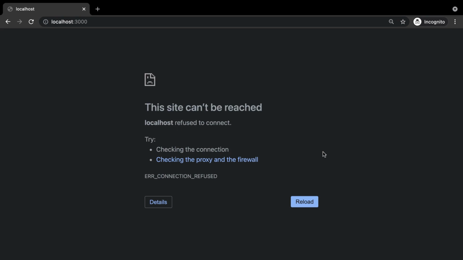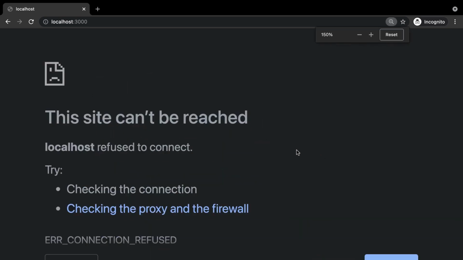So that's why the message cannot get / was actually a correct message. It told us that the server was running. If your server is not running, you'll see a message similar to this. The site cannot be reached. This tells me that you have to go through your code, make sure you're actually launching your server with Node, because if you are not able to see the message cannot get /, this tells me you have to make some kind of change to the project. Watch this lecture again. But if you are able to see cannot get /, that means you can join me in the next lecture. We're going to continue our project, and I'll show you how we can build a server